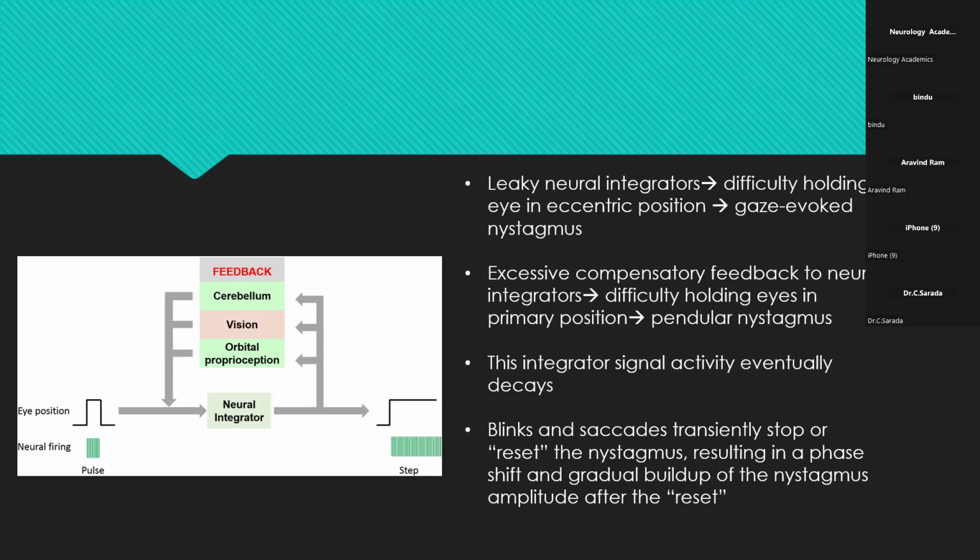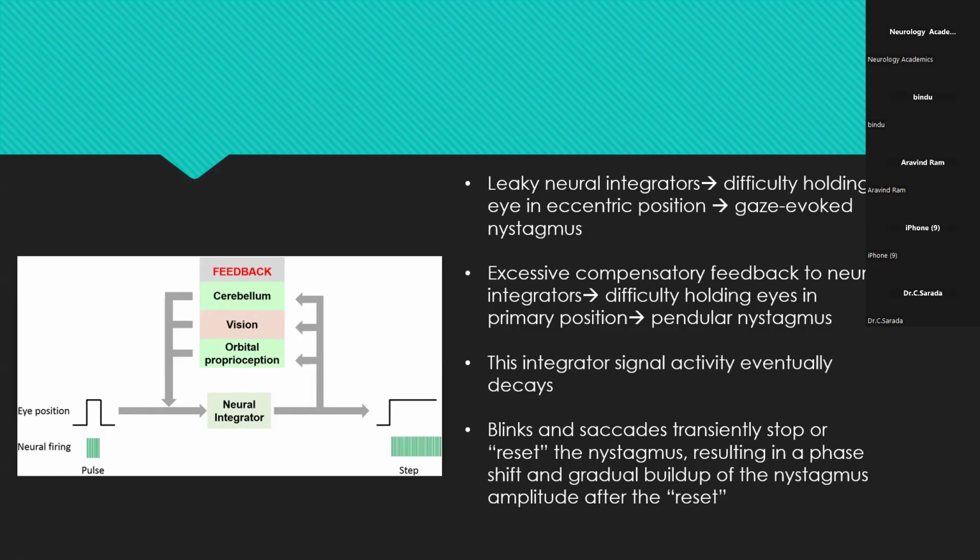However, in this case, there is excessive compensatory feedback to the neural integrators from this feedback loop, and that will make holding the eyes in the primary position difficult. The eyes will be shifted to eccentric gaze much more than to be kept in the primary position, and that is the reason for the